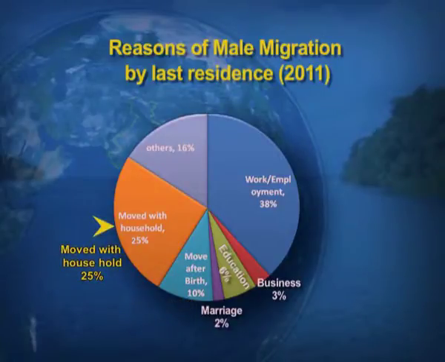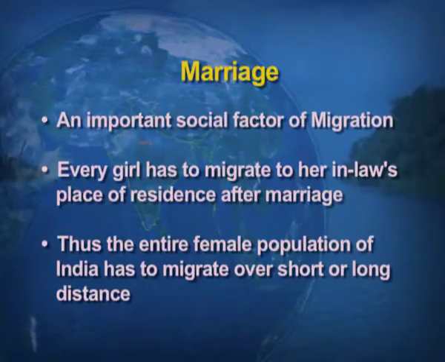25% is when they move with the households. Households means the whole family shifts. It is not a single movement of a male person, but the whole family movement, and that counts for 5% of the migration. And the least percentage of migration under the males, children, is marriage. And marriage, which is least under male migration, you will find in another visual